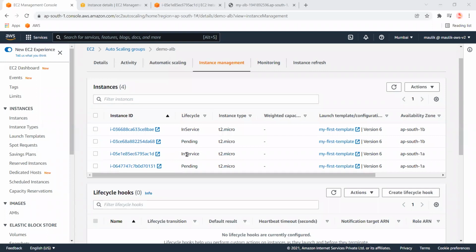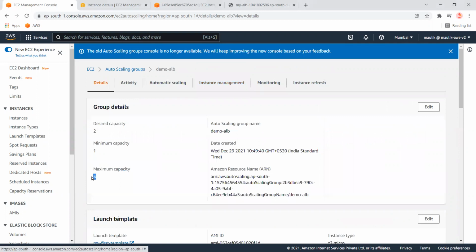See, two new instances are again added into this auto scaling group because that EC2 instance in which we are calling this trace to the CPU is still running higher than the desired capacity, and that's why it keeps adding new instances. And since our limit is a maximum of 5 instances in this auto scaling group, it will just add instances up to 5, and then the alert will keep running, but it will not be able to add any new instances because of the limit set over here. Okay, now